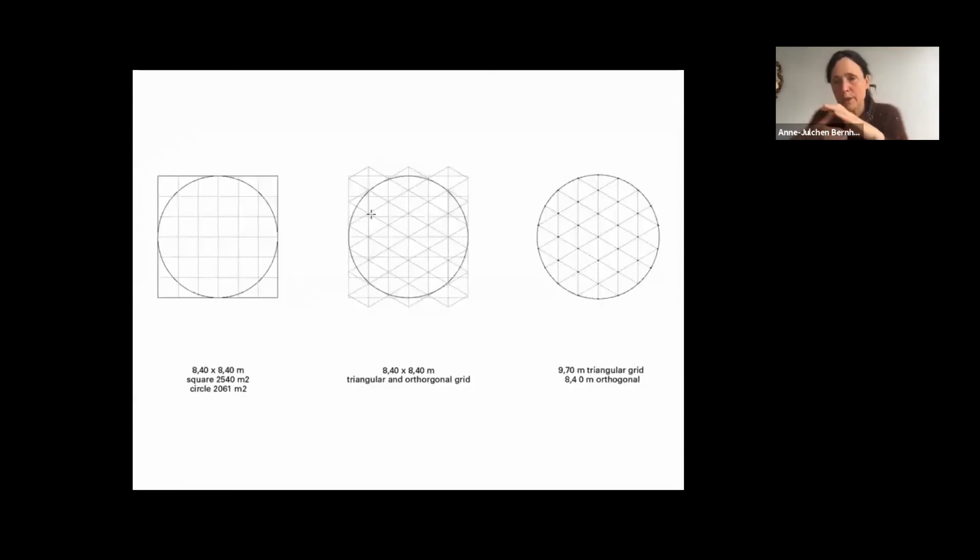And then we combined them with a construction grid, and also found out that a triangular construction grid is quite efficient, because it's load bearing and stiff.